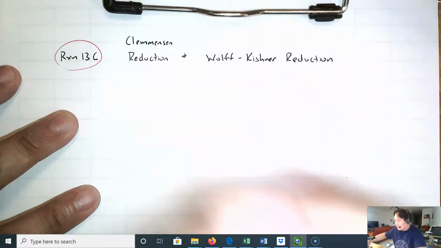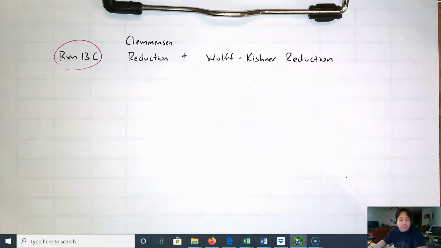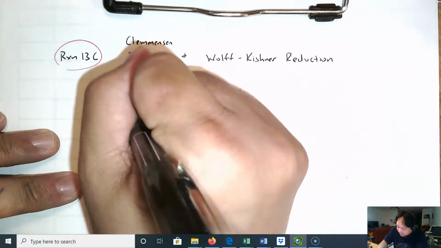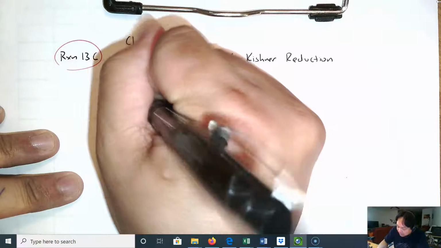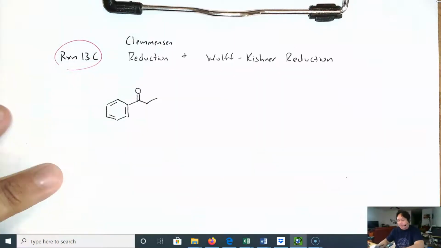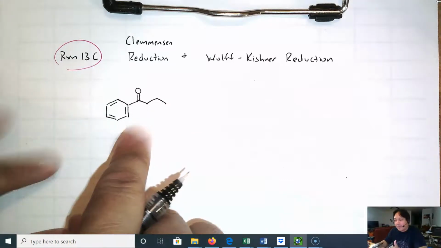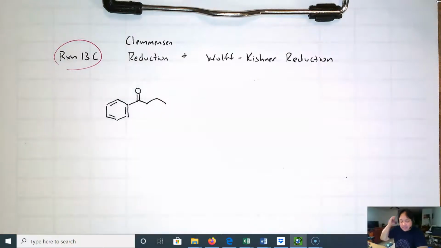Remember what Clemmensen and Wolff-Kishner does? It removes the carbonyl group altogether, and you're left with a CH2 group. Let me show you in the context of a benzene-containing molecule, though. In the next unit, there are going to be reasons why we want to make something like this, okay? If you think about what possibly our starting material was, it was a benzene